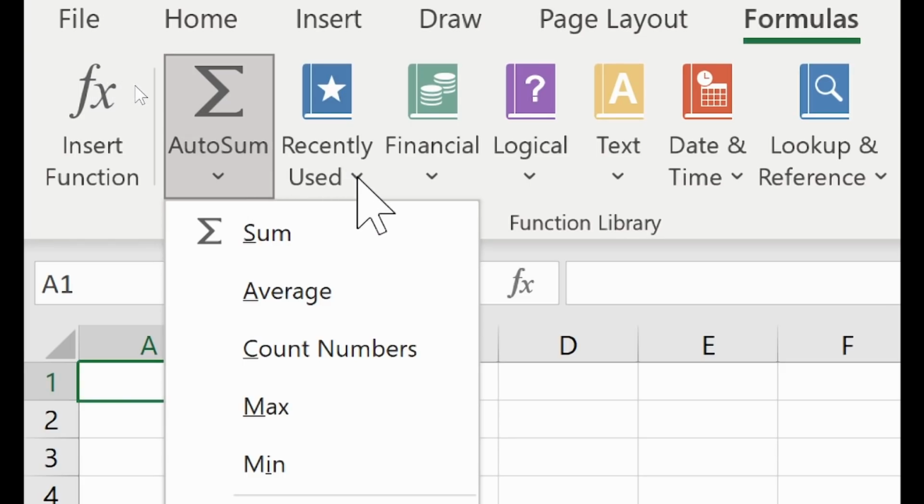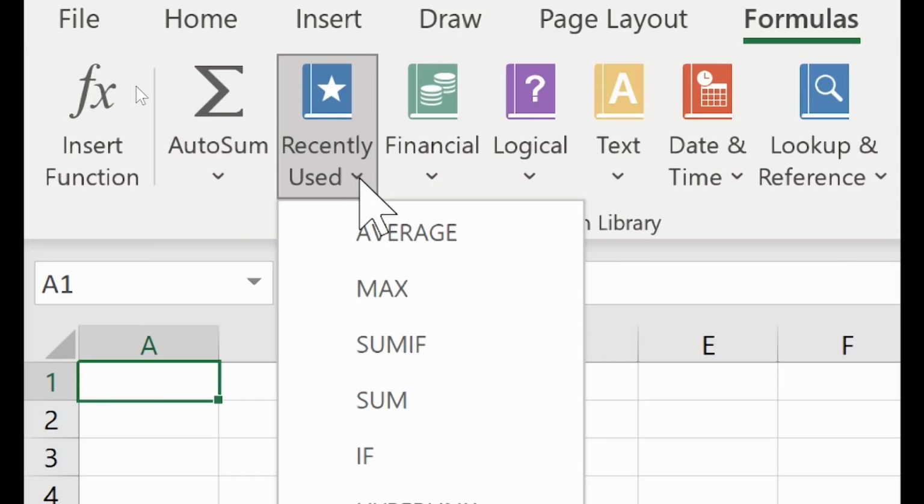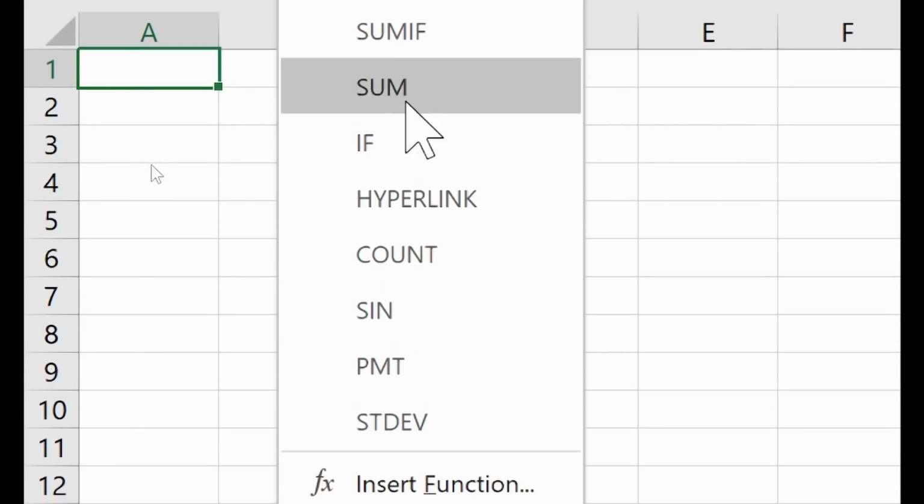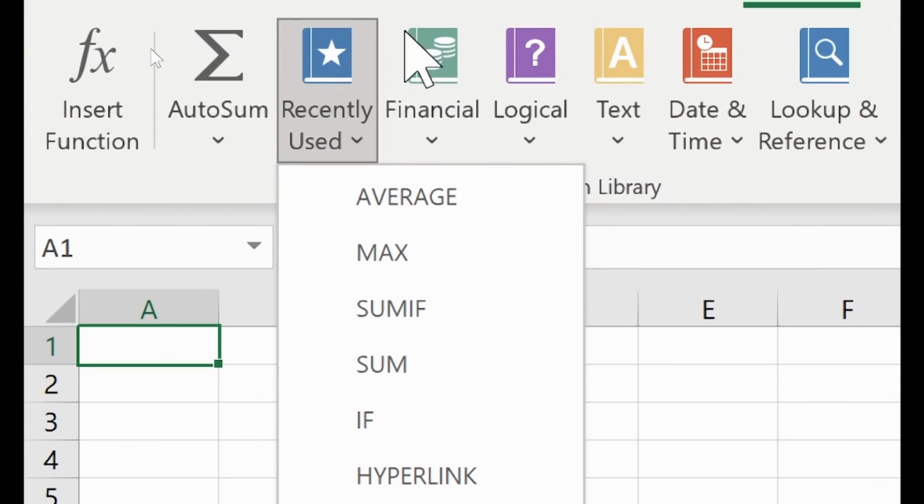We also have a category that is called what? What do you see here? Recently used. So Excel will store the functions you have been using frequently. So it will pile those functions here because you have been using them frequently. So anytime you need them, you can come back to recently used and fetch those functions. Apart from that,